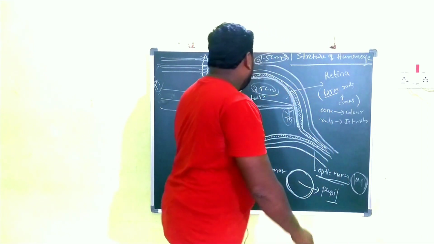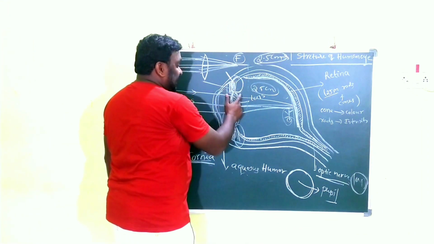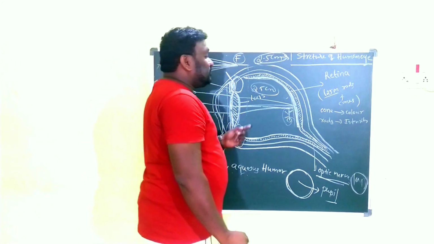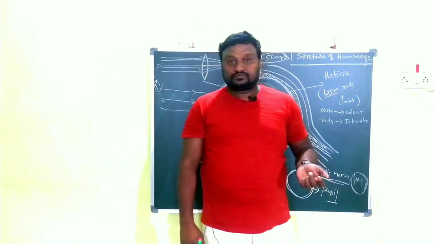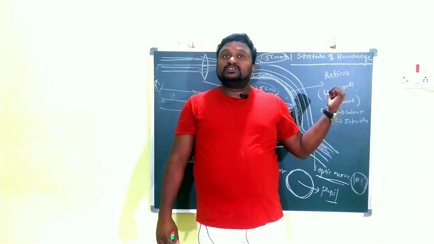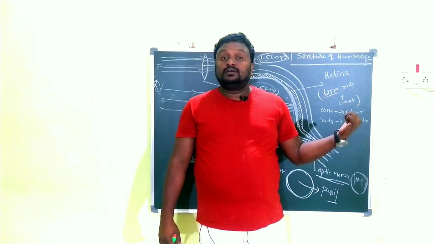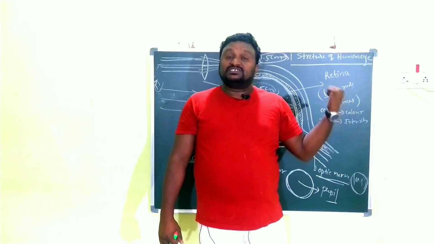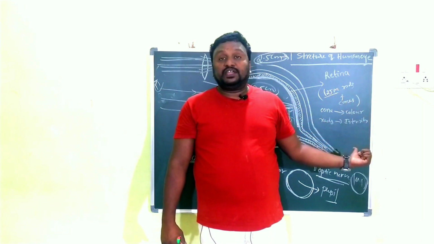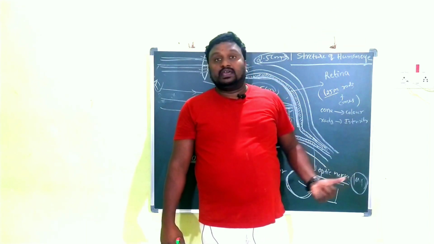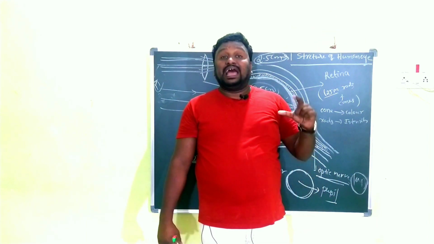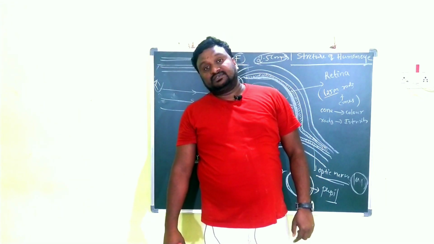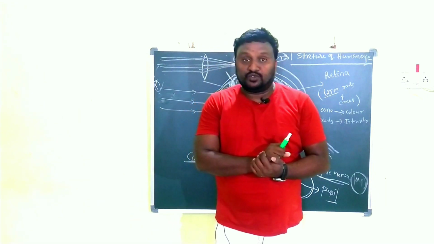The next thing is the ciliary muscles, and this is the lens. The lens forms the image on the retina. The nature of the image formed by the eye lens is inverted and real. These image signals are passed by the optic nerves to the brain. Again, the brain forms the image as it is, with the same color and same size. So this is simply about the structure of the human eye.